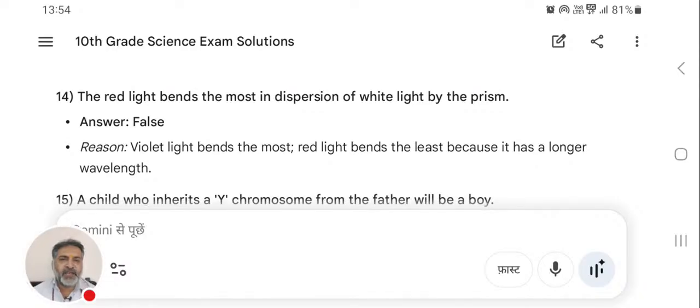Question number 14. The red light bends the most in dispersion of white light by the prism. Answer is false,